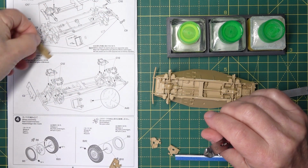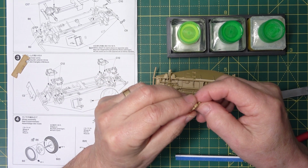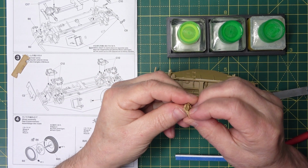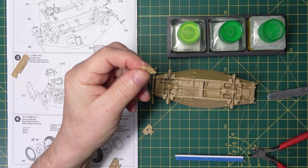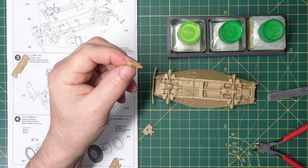So I'll put that up just there, and we get these on. I know there's no PE for these bits, so that's why I've done it. So there we go. We've got a nice little join there. So we'll go sand that, and I'll go back to my trusty one. I'll keep that to one side,